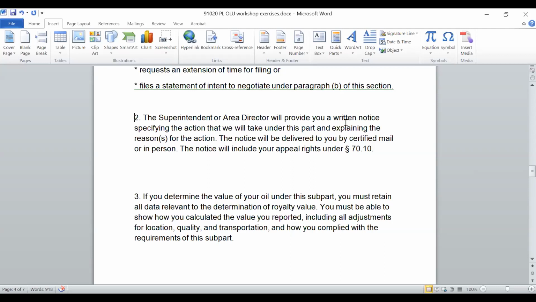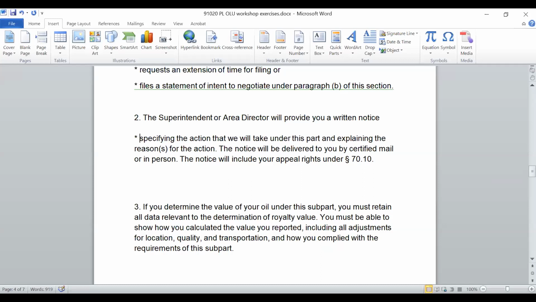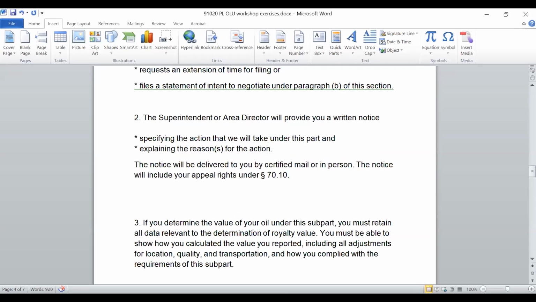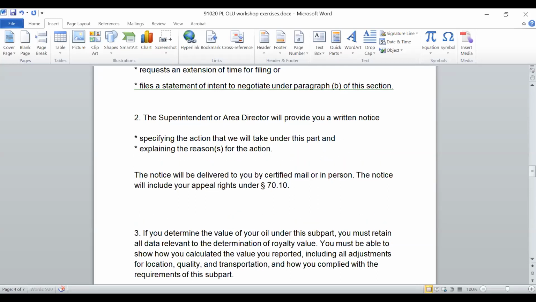This is an interesting point about parallelism. The superintendent or area director will provide a written notice. And here's where we have the list. We have specifying the action that we will take under this part and explaining the reason for the action. And now we have a problem. Let's see, shall we just make this